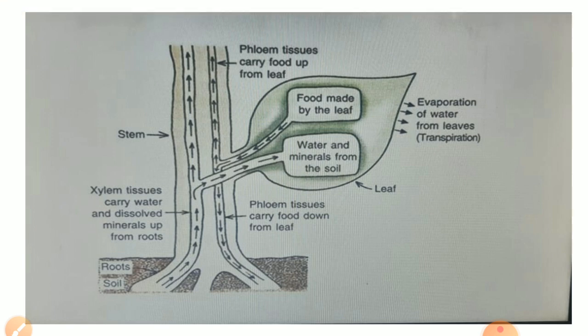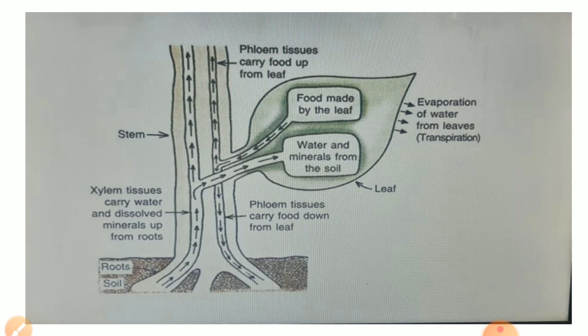Now the next slide is about the movement of food into the plants. So transportation of food occurs with the help of phloem. Synthesis of carbohydrates, means sugar, and other metabolites occur in the leaves. The hormones required for growth and development are mainly synthesized at the shoot and root tips. The carbohydrates synthesized in green cells of leaves are transported to non-green parts where they are needed, as each and every part is in need of food.